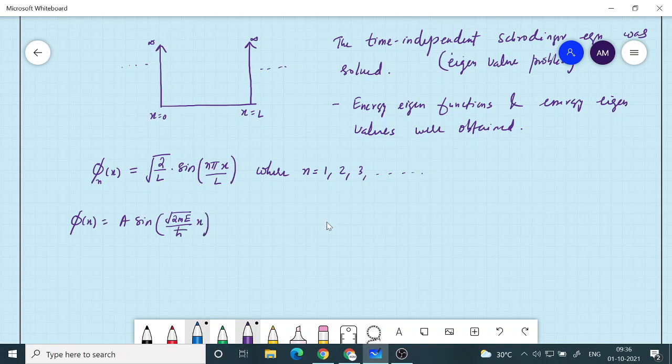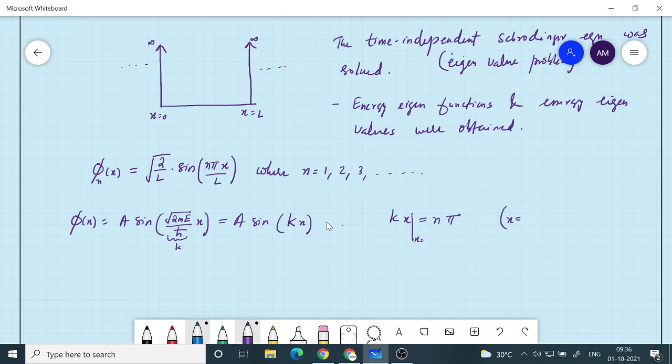So this was the thing that we had, which if I call A sine kx, so k is this entire thing which is here. And then when we apply the boundary condition, kx should be equal to n pi. Okay, then only the second boundary condition, that is at x is equal to L,